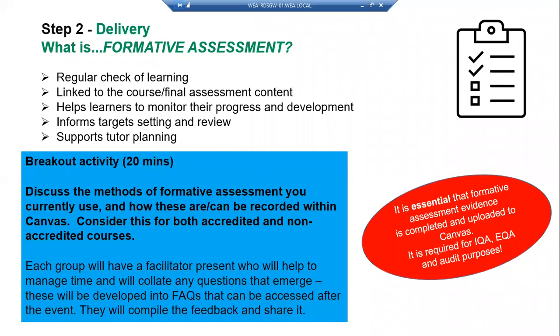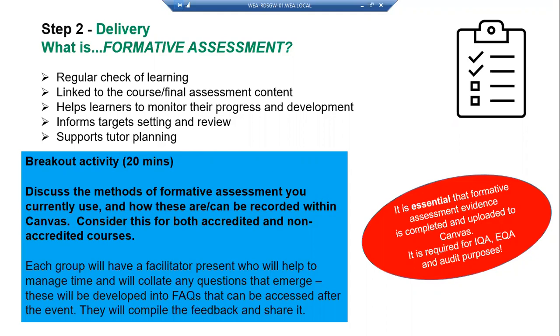We have Group 6 next, so that's Sarona, please. Hi, yes, so we had a similar but equally extensive list, and we had a discussion on how the methodology for assessments have evolved, especially with digitalisation as well. So our list was the worksheets, discussions can be uploaded onto Canvas or recorded, quiz, Q&A, multiple choice Q&As and gap fills, a variety of different ways you can do quizzes. Also using the online tools available on Zoom,